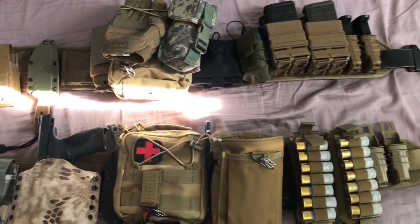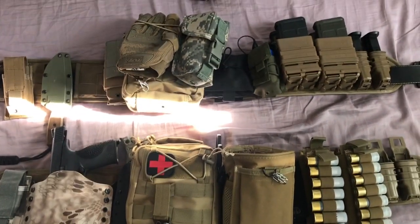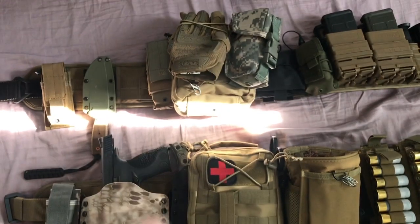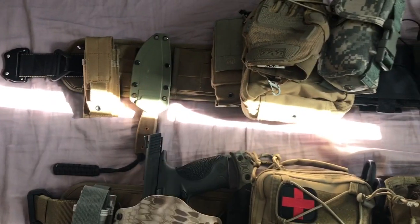And so I decided to build 2 rather than mix and match and go to a class and go, oh shit, I forgot something. I wanted to have 2 separate ones, which is what it is. So these are half and half of legit stuff and crap, or airsoft crap is what people like to call it. So this is a Tigris belt, or outer belt, on both belts here, which is airsoft